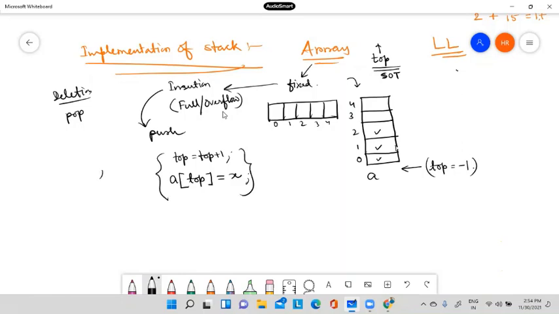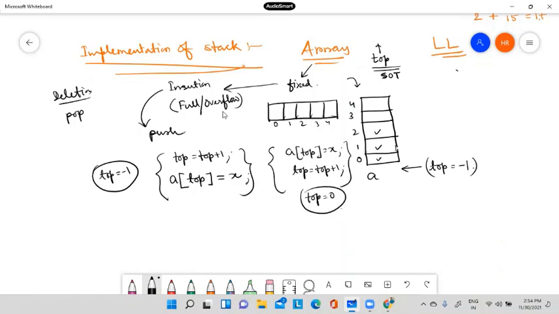Now if I initialize top with 0, then it will be written like this: a[top] equal to x, then top will be increased. Hence in this case top is initialized with 0. So it depends on you how you want to implement.